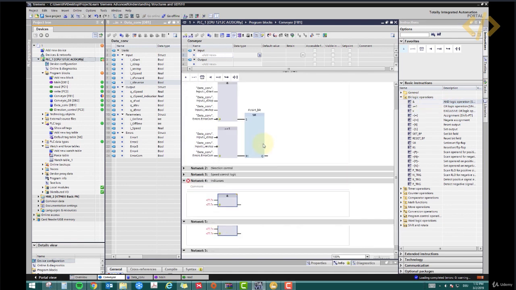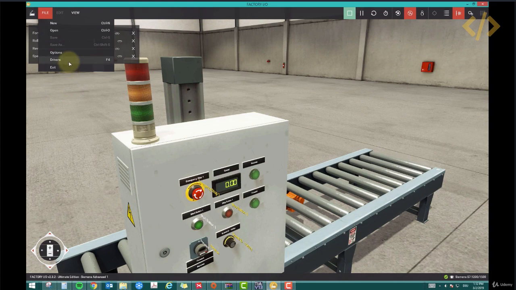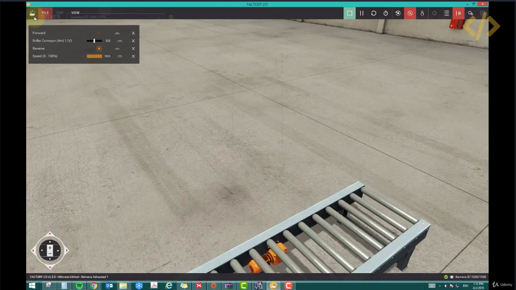So I will take an AND logic. If this bit is on, my green indicator should be on. We haven't taken the stack light yet. Okay, let's go back to the drivers again, and we have stack light red as 2. Yellow I'm not using, so let's take green. So red is 2, green is 3. So going back here,